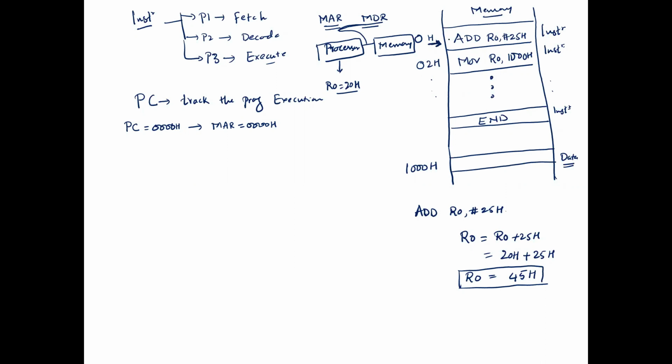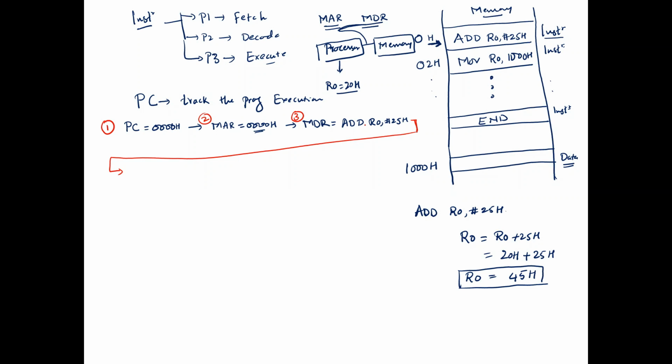Now once it points to the 0th memory location, what is inside it? Either data or instruction. Now it is an instruction. So where will this instruction be copied? Can anyone say? MDR. MDR. Very good. Read what? Instruction. What is the next step? Step number 1, first PC, then it will copy into MAR. Then the third step is that the content it has been pointing to will be loaded into MDR.